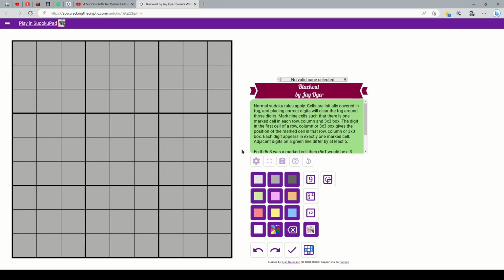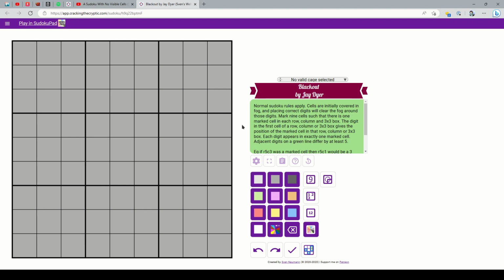So I want to talk about this interesting Sudoku rule that I discovered a few days ago with my friend as we did this puzzle in particular. I'll link this in the description, and I'll also link the video by Cracking the Cryptic that I used to find this puzzle. Now, this isn't a scripted video, so it might be a bit more rambly, or there might be some moments where I just don't say much, but I discovered something really interesting by looking at the rule